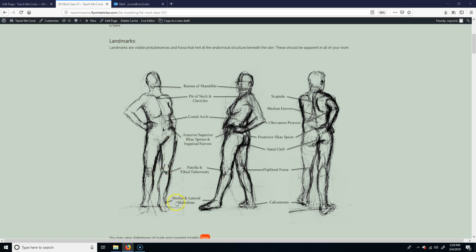Okay, the malleoli here. So we have the medial and lateral. Medial being on the inside, lateral being on the outside. It's just the knuckles of your ankle. Scapula, the medial furrow, which is basically the back line, right? Which is in between your